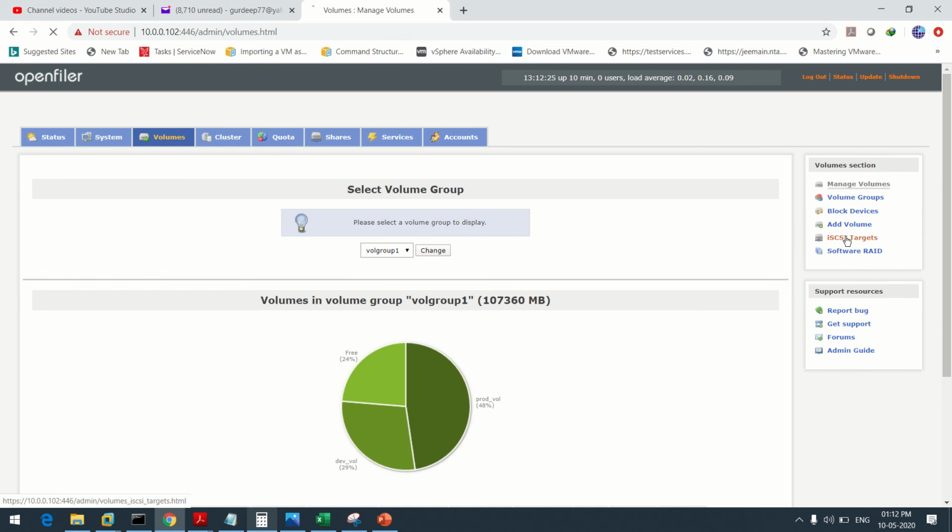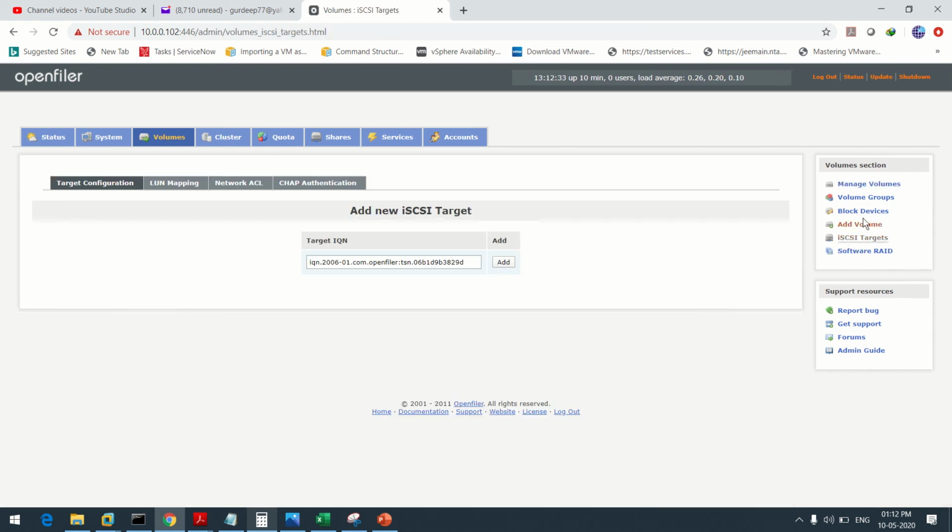Now go to iSCSI targets. So choose the target IQN. So basically your IQN, in the previous lecture we have already discussed that these are names provided by the storage device to the ESXi host for the iSCSI storage, to access the iSCSI storage.